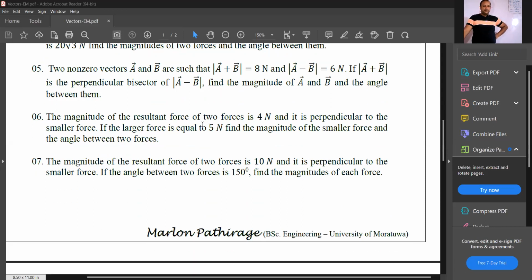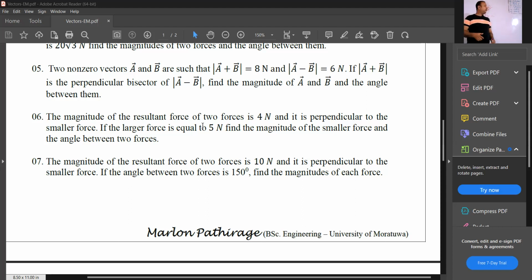Fifth one. Two vectors A and B are such that A plus B equals 8, A minus B equals 6. If A plus B is the perpendicular bisector of A minus B, find the magnitude of A and B and the angle between them. Okay. So,